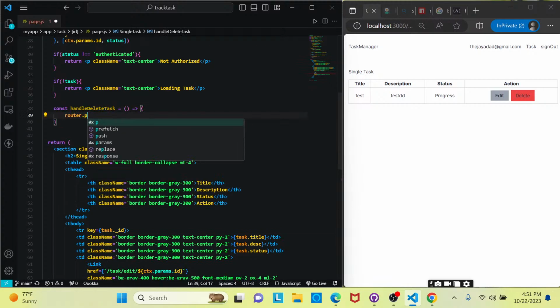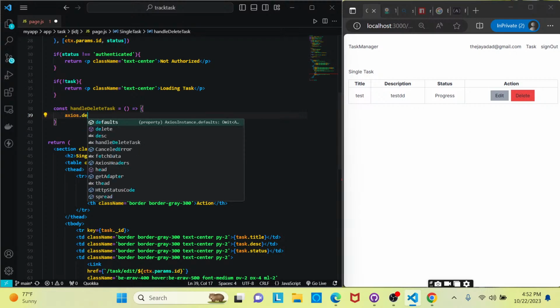we'll go router.push, because really all we want to do is refresh the screen and send it back to the home page. Before we do the push, let me make the Axios request first. So we will go Axios.get, and no, this is a delete. So Axios.delete,